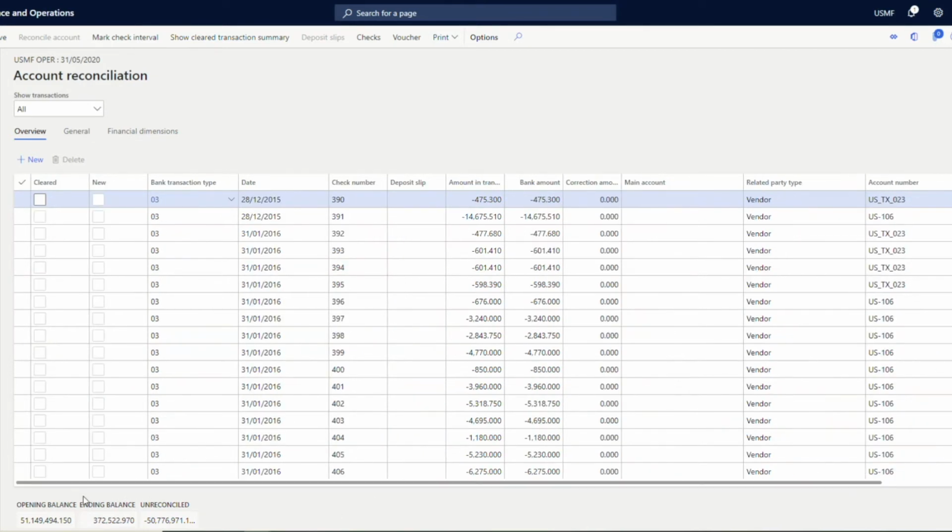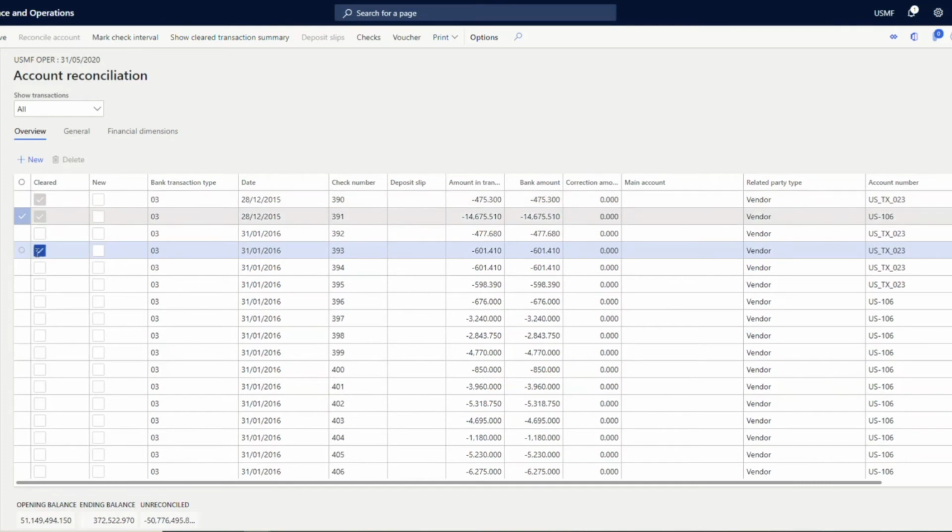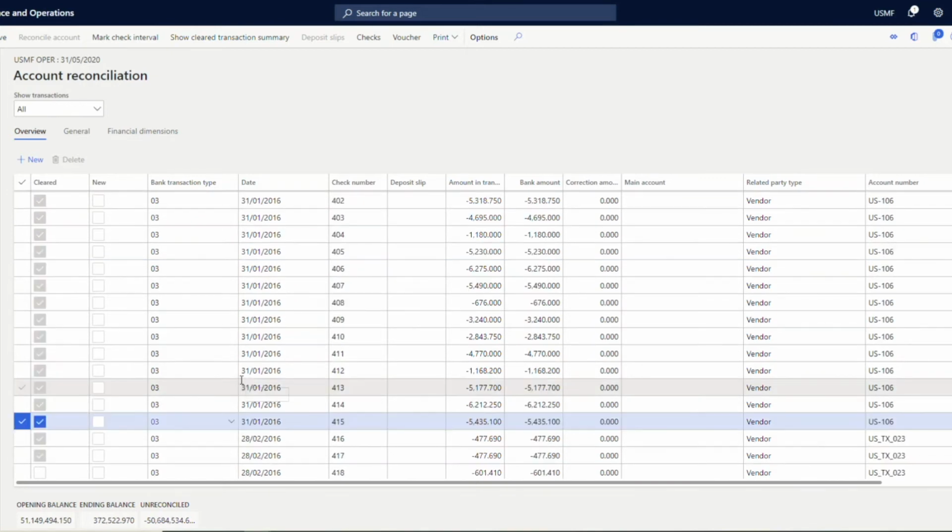So what you need to do if you're performing a manual account reconciliation is specify and mark against all those transactions that it has been cleared, which means that you are manually checking it against the bank account statement, going through transactions one by one and then marking them as cleared. After marking all the transactions as per the bank account statement, you can simply click on reconcile account to do the manual reconciliation of the bank.